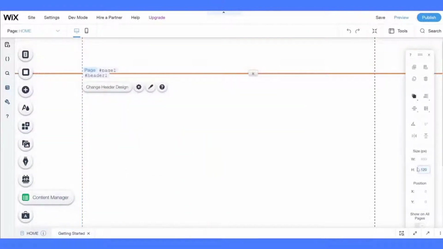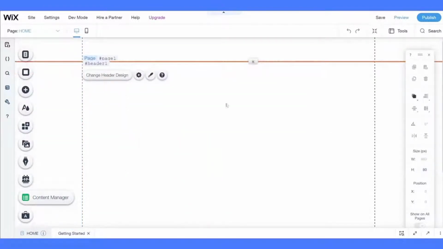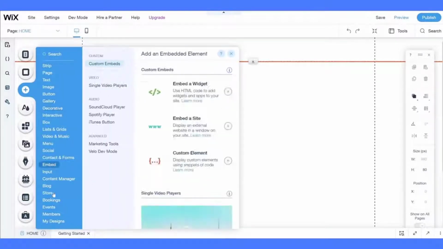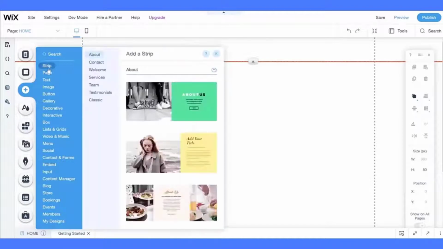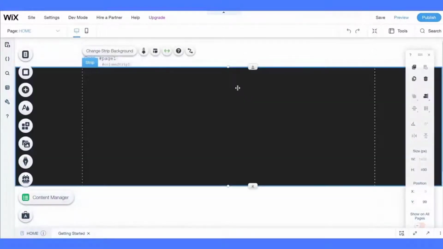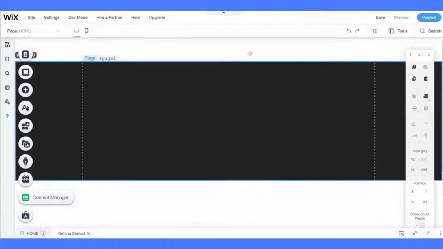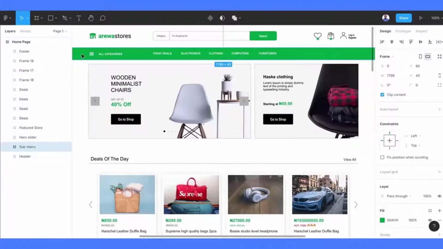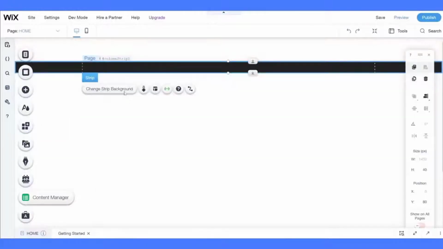Right, so let's go back to 80 because we don't want it to be too big. Then we will bring in a strip, so you go and find strip. I like to use the black one since my background is white, so that I can see what I'm doing. So we have our strip here. This strip is going to be 40. I'm designing this strip first, and I'm going to take the green color, so you take the hex code,